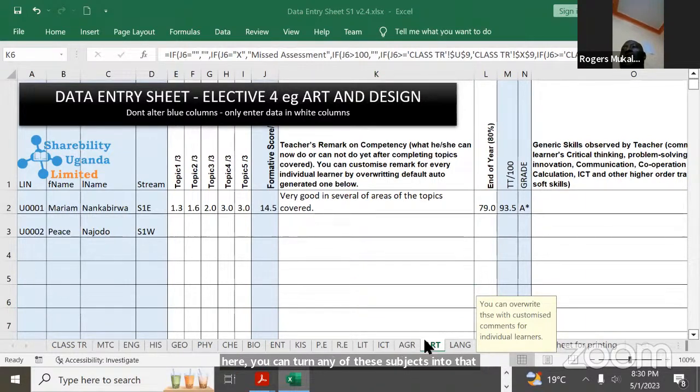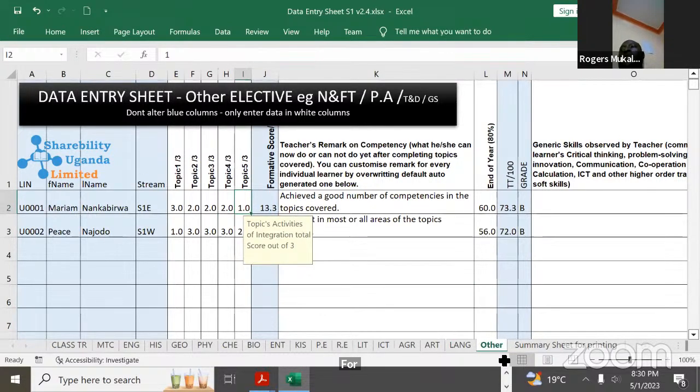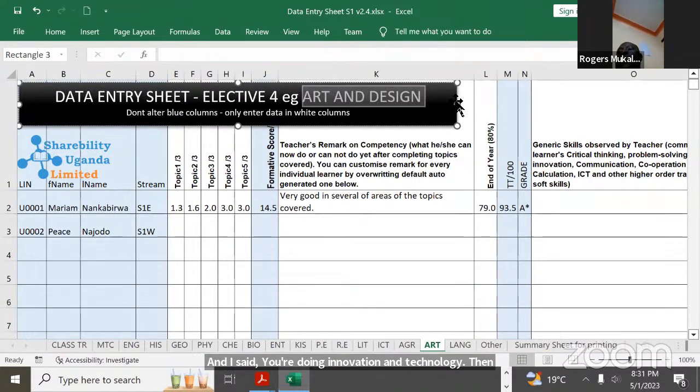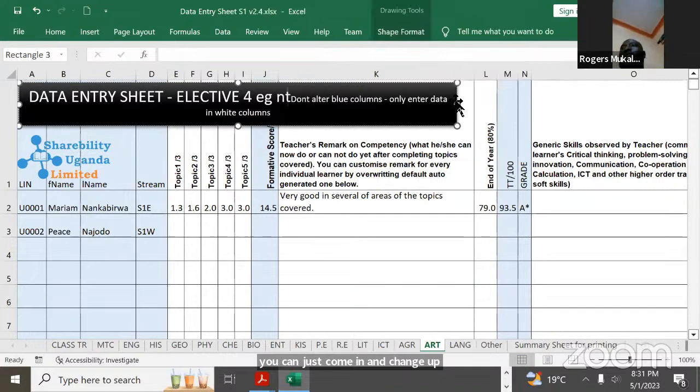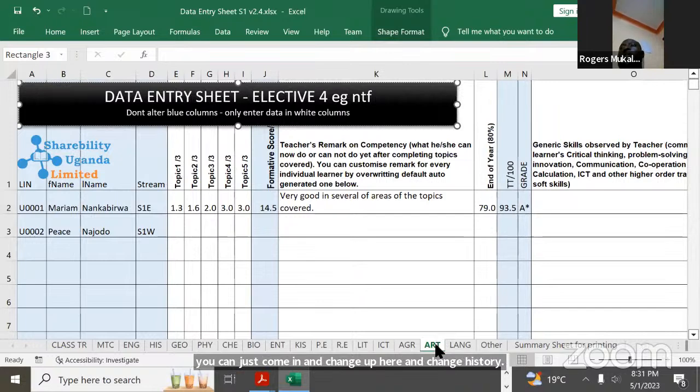that subject. For example, we put even this one has other, which has nutrition and food technology, performing arts, technology and design, general science. You can use this for any of those if you are offering it. Or if you are not offering maybe art and design, and you're instead doing nutrition and food technology, then you can just come here and change this to NFT. So you can feel free to change the subject, but here the tabs,